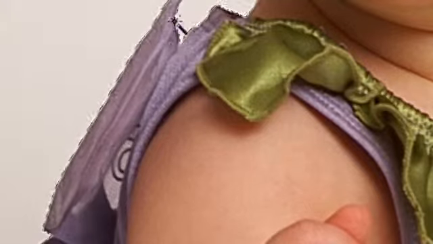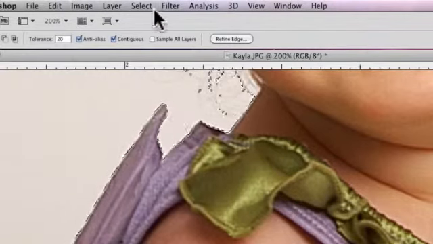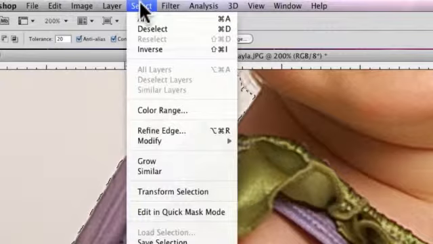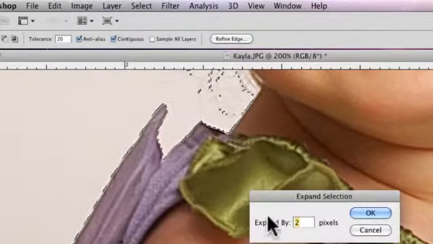A simple fix to this is to just make this come all the way in on top of the material, or the skin. And I'm going to show you that real quick. Go to the select option here, go to modify and expand. And then you can expand it by however many pixels you want. I usually start with 2